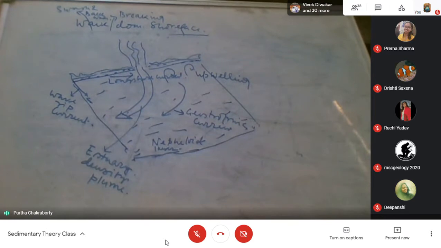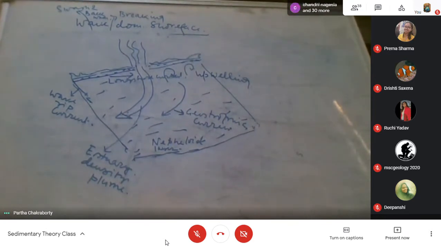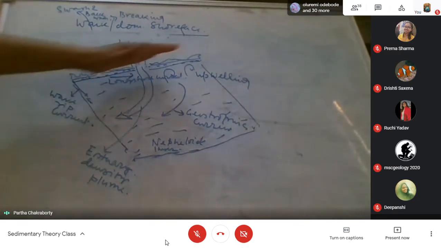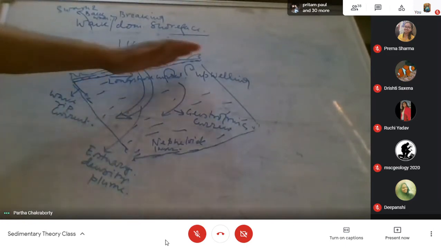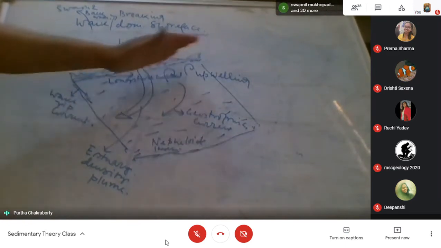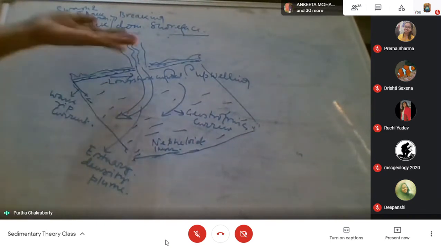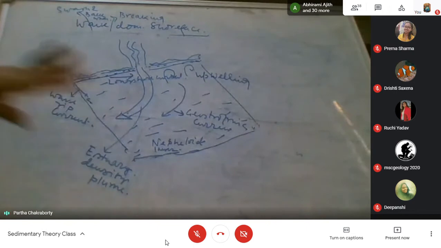What are the major currents that operate in the shelf? In a shelf, I may get, this is the coastline, that is the shore face beach, the entire sandy part that is being shown here, and at the end of the sandy part I may also have the longshore current that is operating, the longshore current. Now in the shelf, what are the currents?